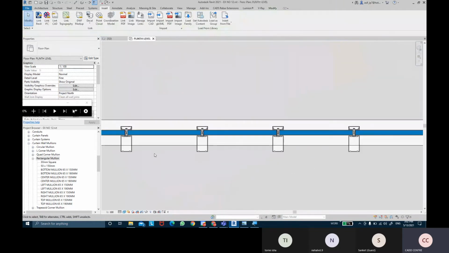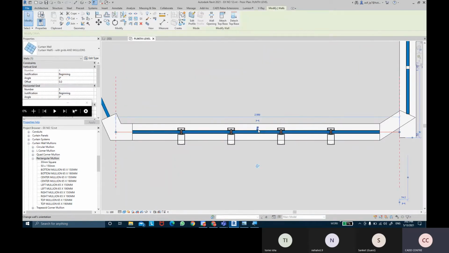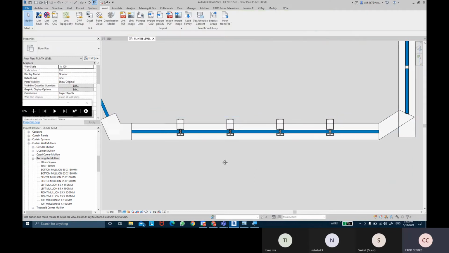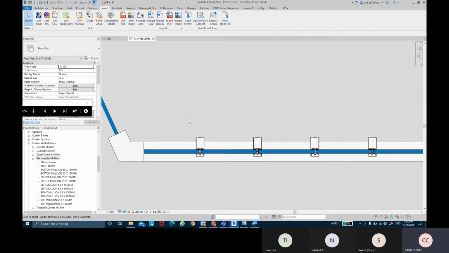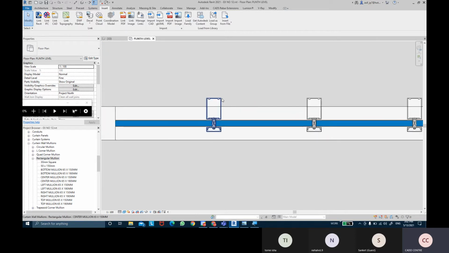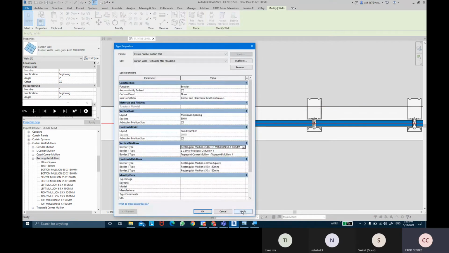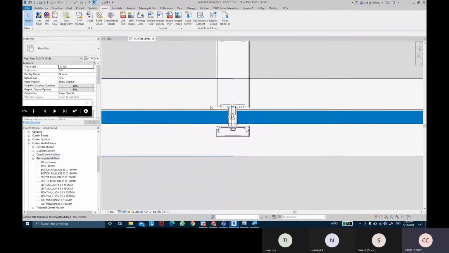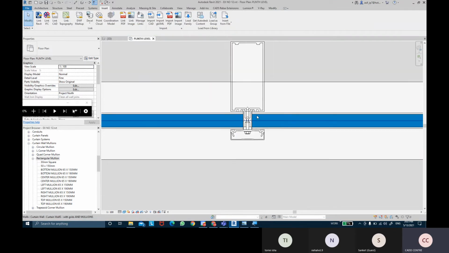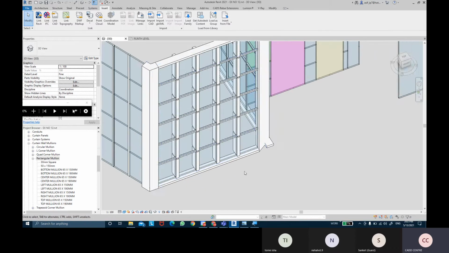Come into the plan view, you can see that these detail mullions are appearing. The only matter is that the orientation is wrong, so you can flip the direction. So you can flip it inside, perfectly. Maybe we want a bigger size one, so we can take the 191 mm, 190 ones. Okay, so that's for the interior types.